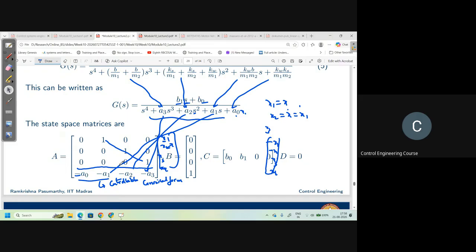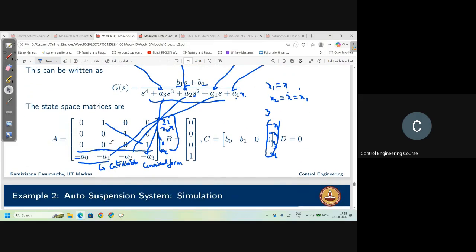And there is another form called observable canonical form that we can directly get from controllable canonical form. These are all standard forms which are useful for the next class. If you want to analyze the controllability or observability of the system, then if you have the controllable canonical form or observable canonical form, we can directly say, without doing any calculation, that the system is controllable or observable. That we will learn in the next class. For now, you understand what the controllable canonical form and observable canonical form are.